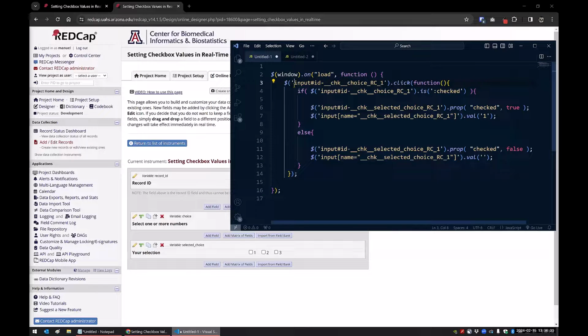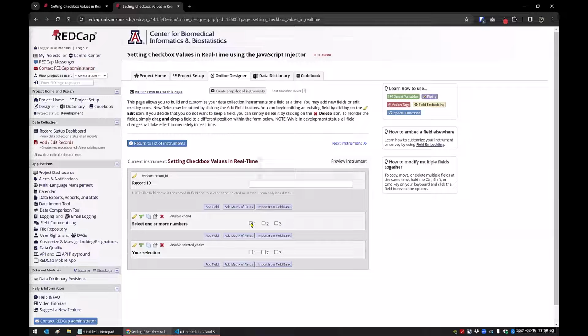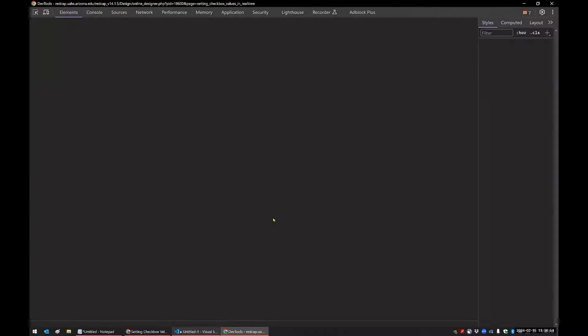And what I'm doing is I'm grabbing the input with an ID. This little pound sign means ID in jQuery. And it's the ID, this whole thing, this ID dash underscore underscore check underscore underscore choice underscore RC underscore 1 is the ID that's linked to this specific checkbox. And if we go to the inspect tab here,